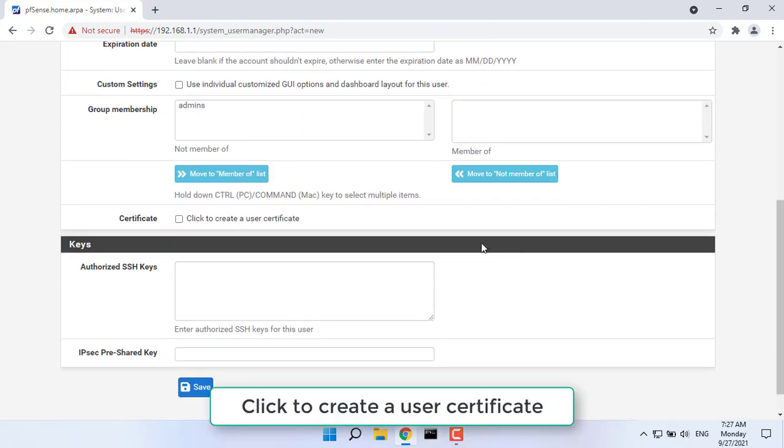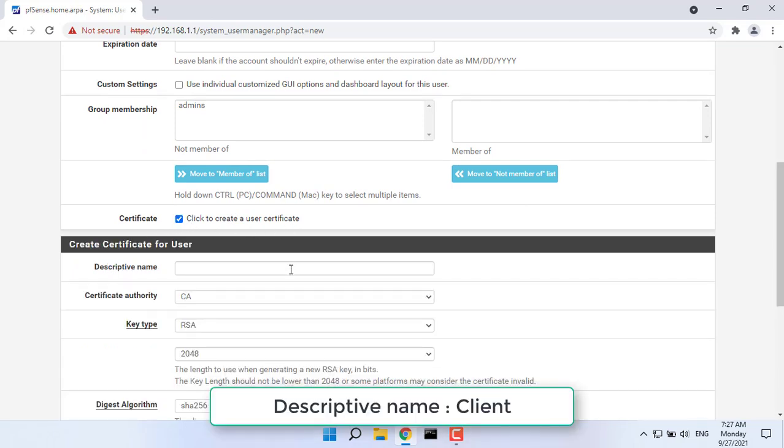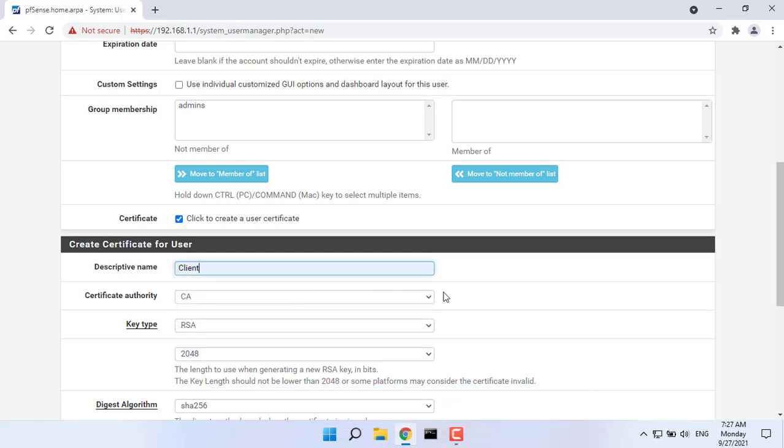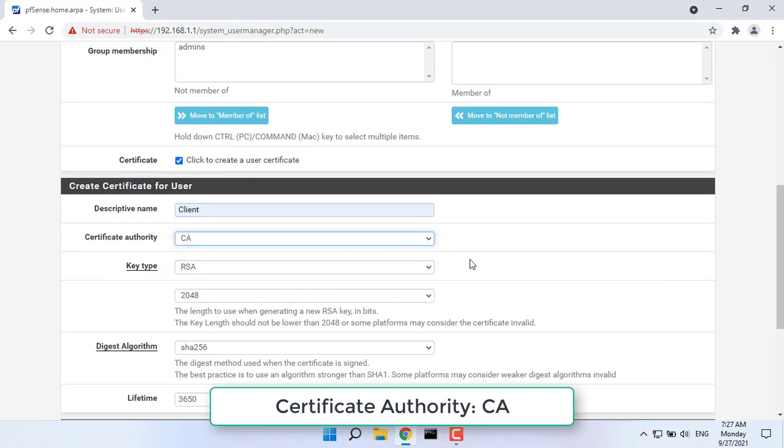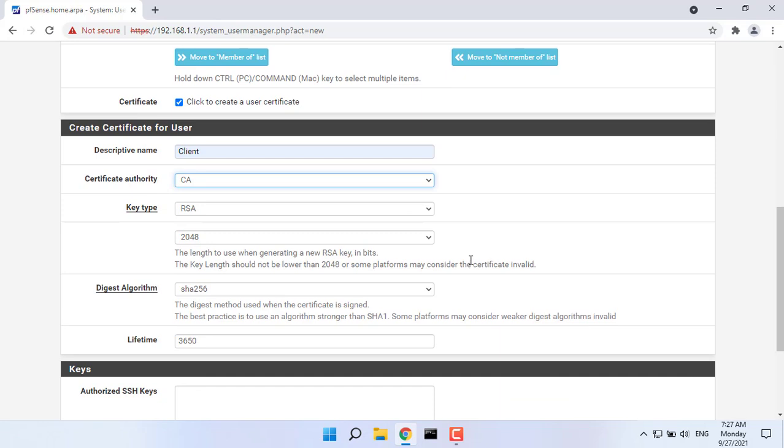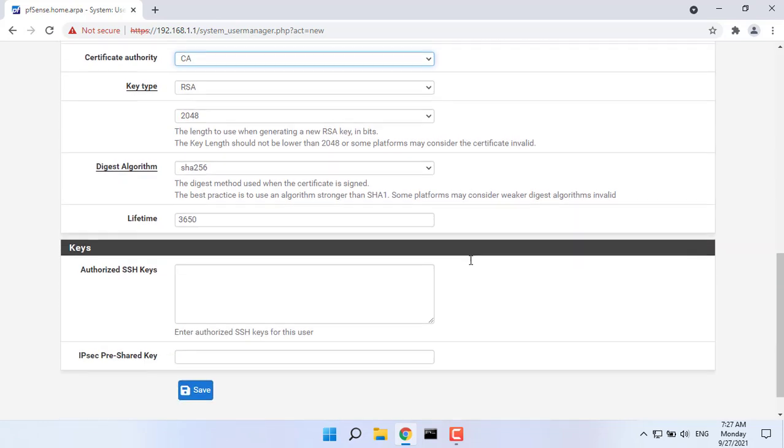Ensure you click to create user certificate and then give the certificate a name and select your certificate authority. Once all is done, click on Save.